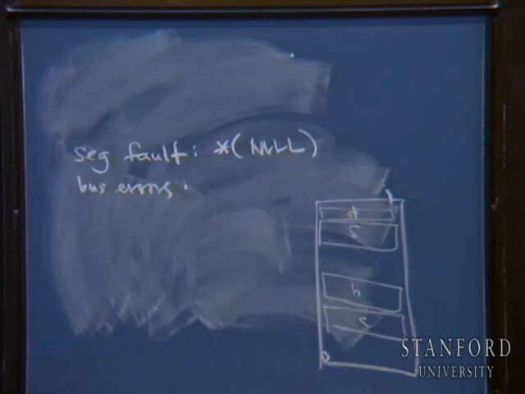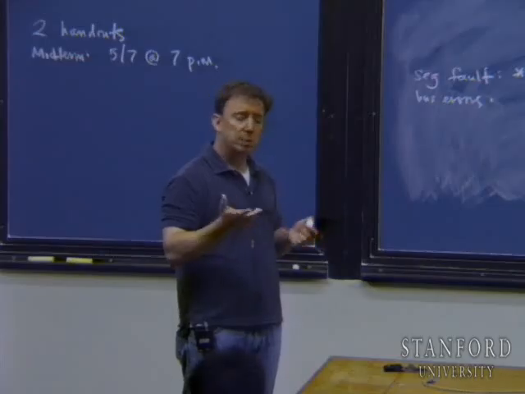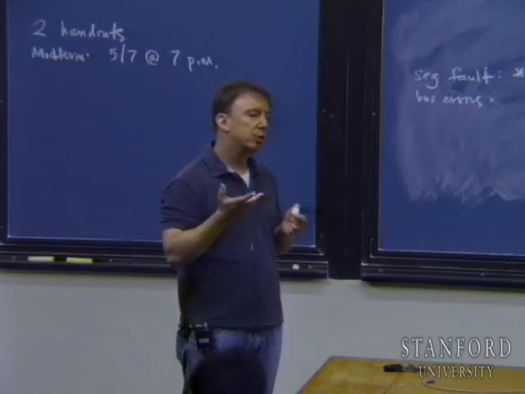Do you understand that the 4 bytes at address 0, 1, 2, and 3 are not part of any segment? The operating system can tell that. It's like, okay, you're dereferencing the null pointer. I'm not mapping the 0 address to your stack or your heap or your code segment. So I know this can't possibly be right because you're not dealing with an address that should be under your